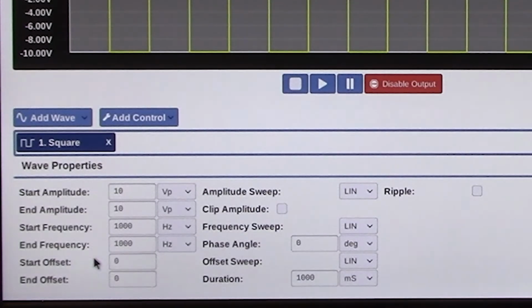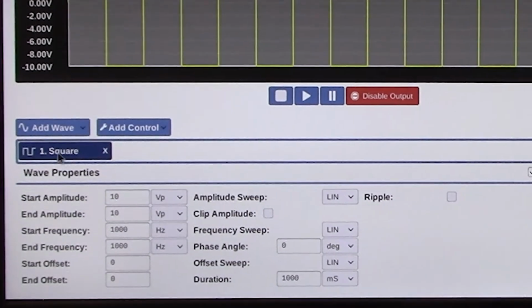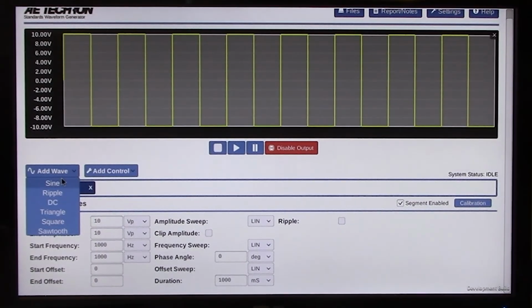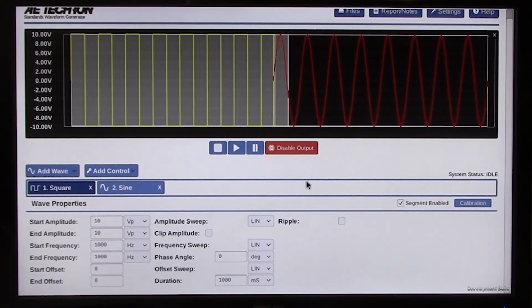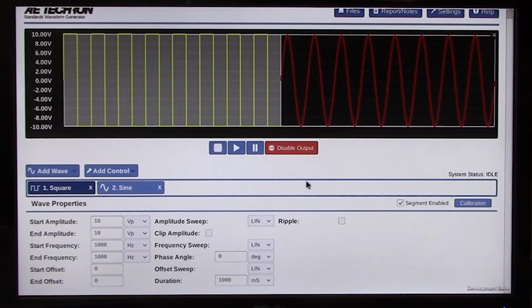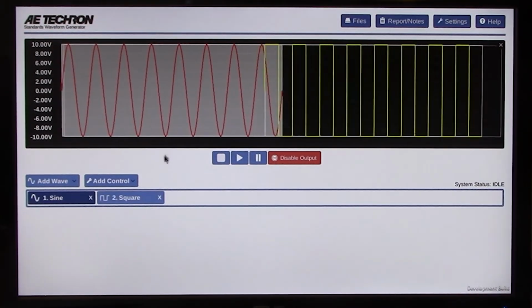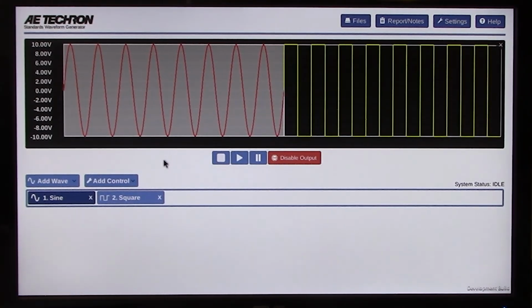Now let's go ahead and add another waveform on here. So we have a square. Let's go ahead and add a sine wave. And you will see it populate just to the right of that. Now when you do want to modify the position of the different waveforms, all you have to do is go up to the display section and click and drag. So now let's go ahead and drag that sine wave from the second position to the first position. Right like that. Excellent. And when you do click and drag it, you will see the position change just below the two different drop downs.